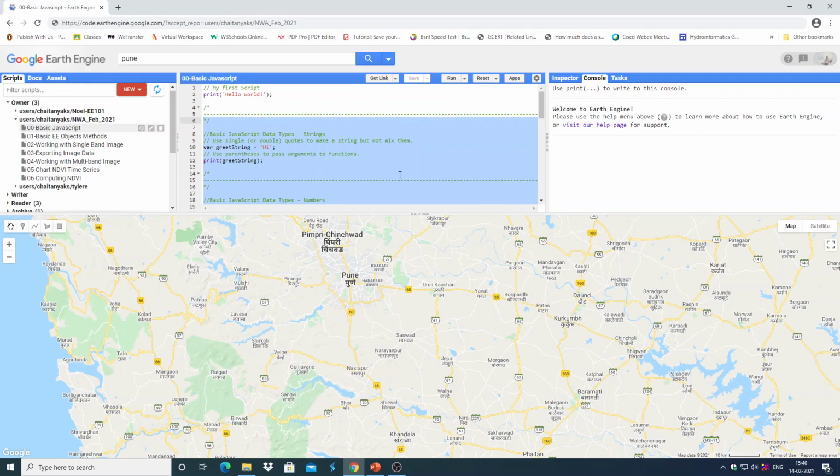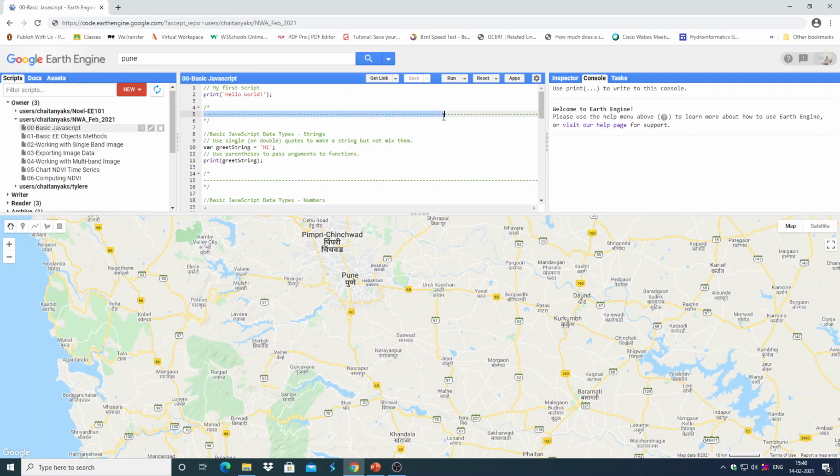So there is a shortcut for commenting. One thing is, you can just add two forward slashes on any line, or another way of commenting is one forward slash and asterisk, and again asterisk and one forward slash. Whatever lies in between, you can use it for commenting purposes. You can write anything in between these two.